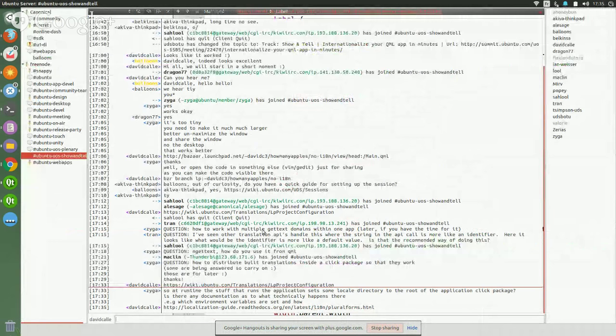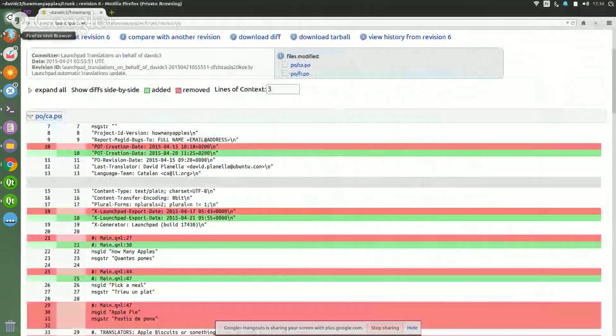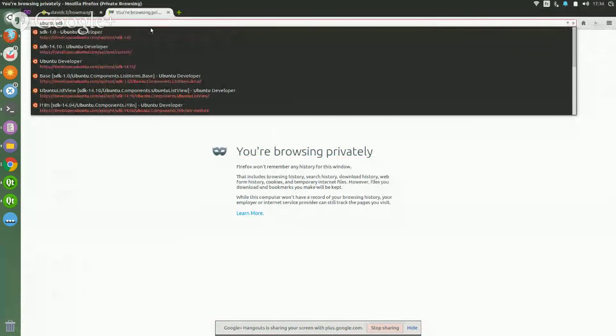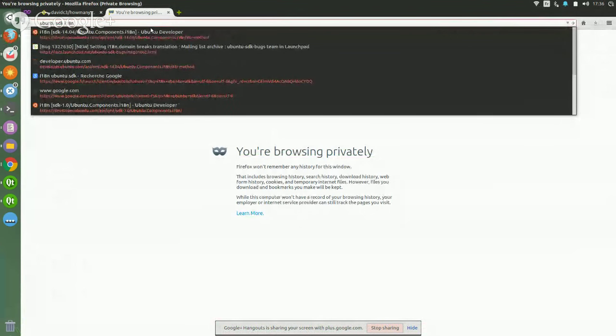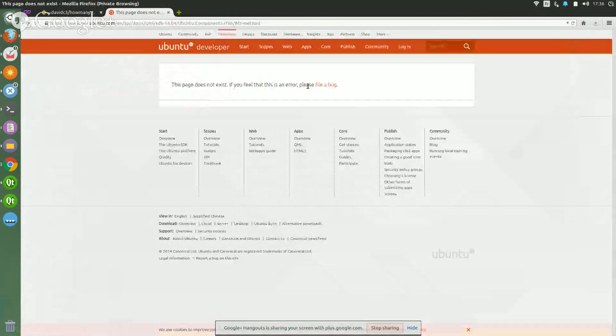So how to work with multiple gettext domains within one app. So there is, let's have a look at the API. Okay. Sorry about that. The website has been changing today, quite unfortunately, and